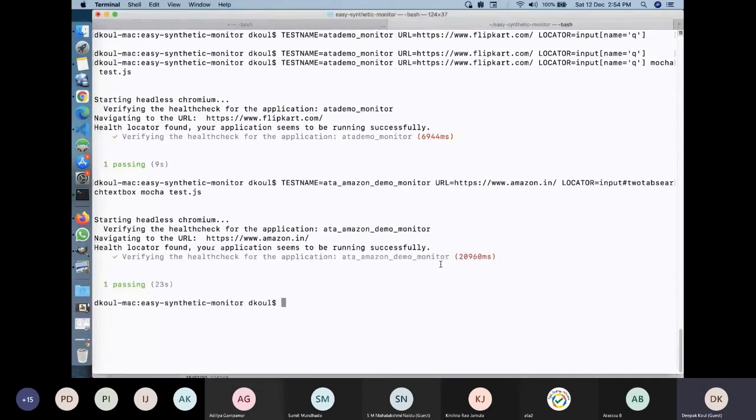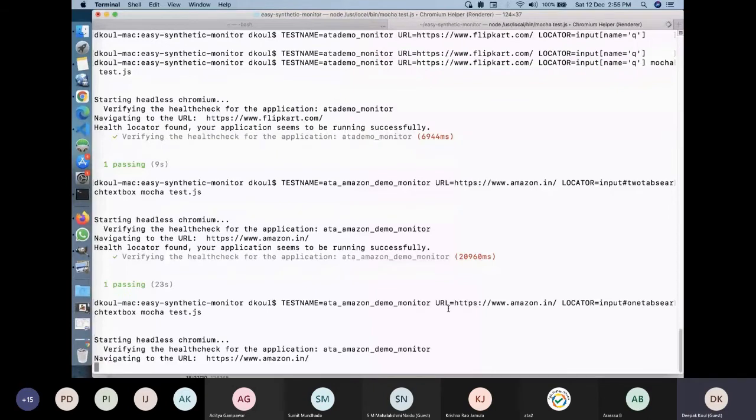Okay, so this also passes. Just to make sure that it's not just passing everything, we'll change the locator a bit, right? So instead of 2, let's write 1 and run the same test.